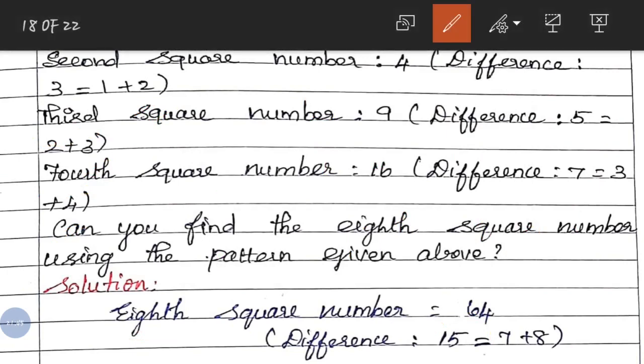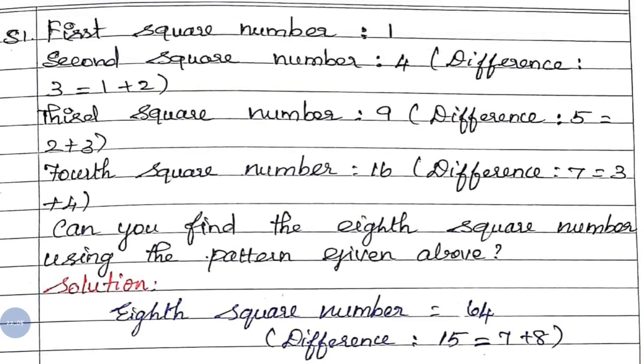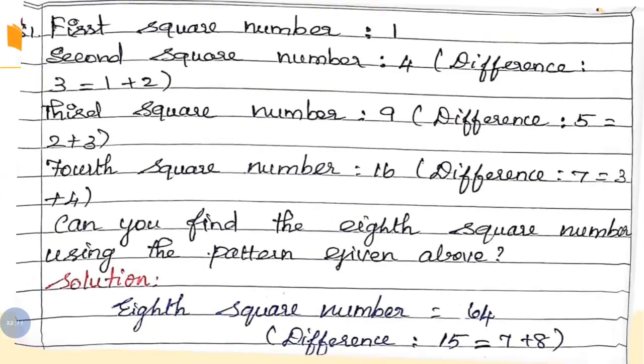If it is a second square, they will add 2 with the previous number. And if it is a third square, number 3 and the previous number, that 2, will be added. And here it is an 8th square. So 8 and the previous number. What is the before number of 8? That is 7. So 7 plus 8. Okay. Like this you have to find out the pattern. Just observe the given question, then you will be able to find out the answer. Okay. So let's move on to the next one.